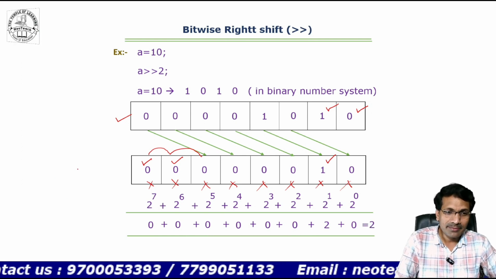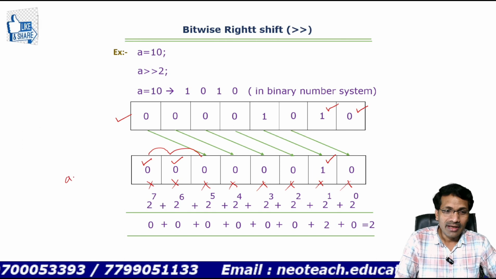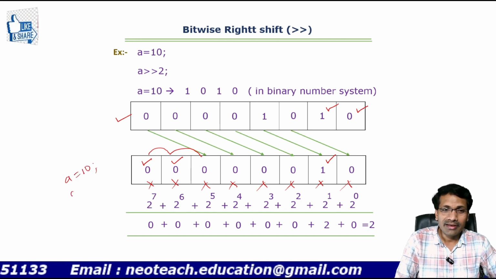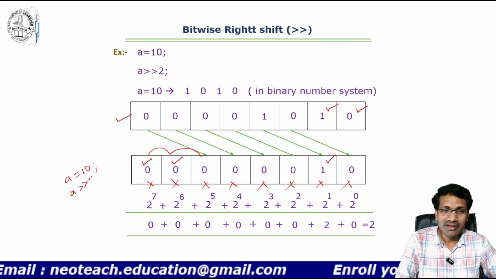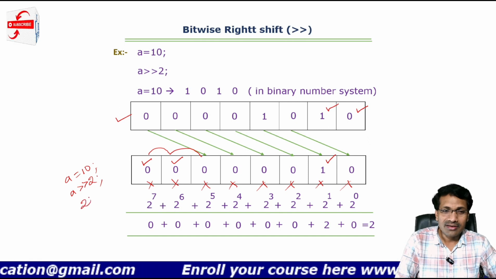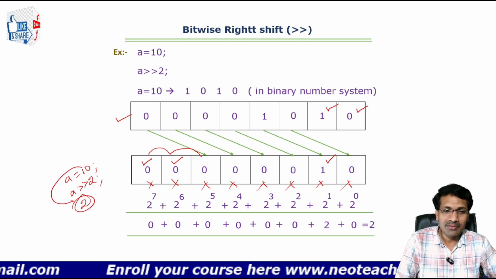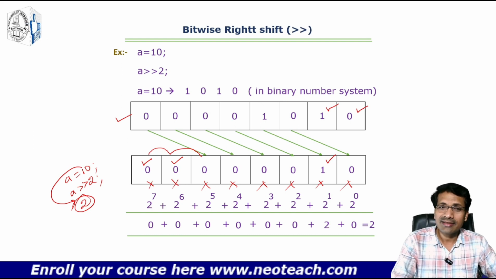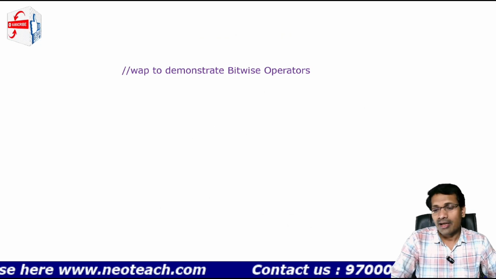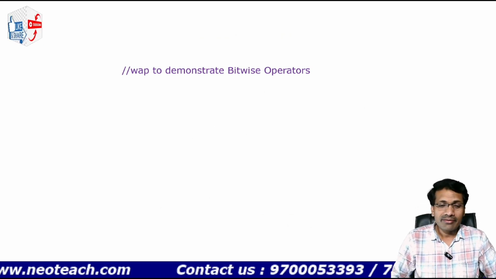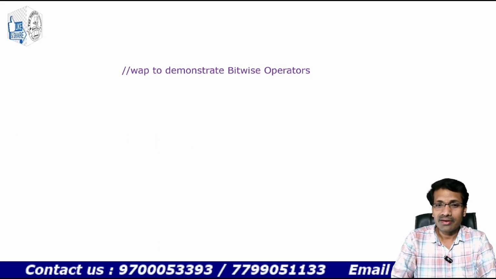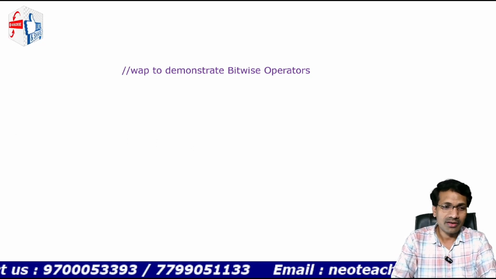So here just simply examine what we have taken. The value we took was 10, right? What we did here was a right shift operation by 2. The answer we got is 2. So the 10 became 2 here. Like this we will perform. So this is the example for a right shift operation. Now we are going to write one program based on these bitwise operators. For this purpose, let's move on to